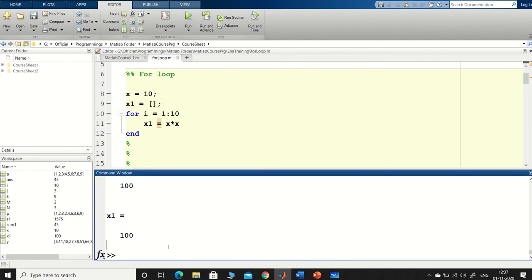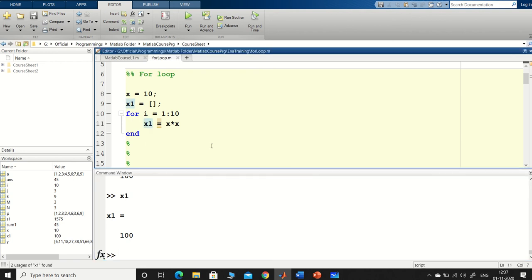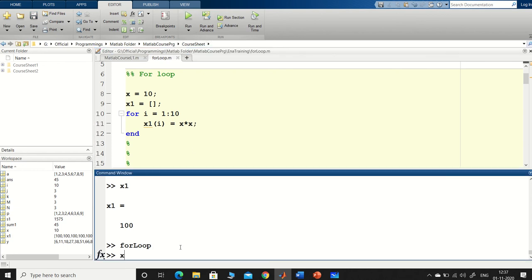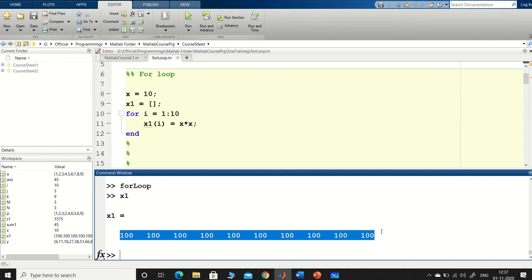So now if you see, my x1 will be a value of 10. So what you can do is, x1 of I means each index of x1, it will keep x square. So you can understand something like this. So you just type x1, so all these values are present here.